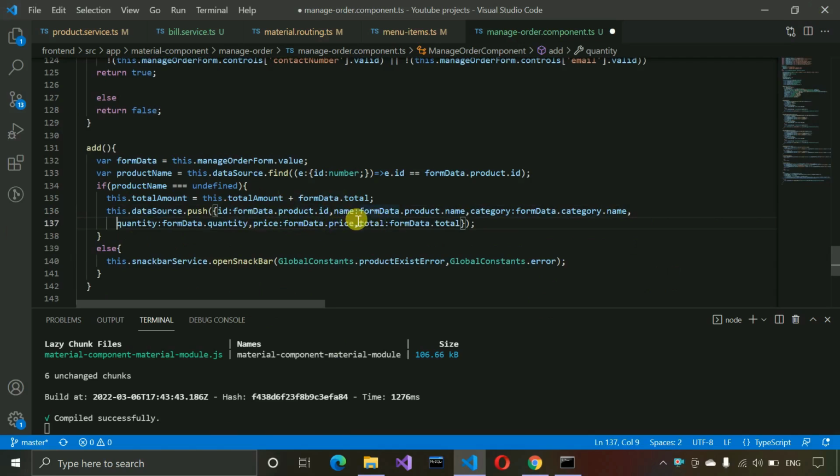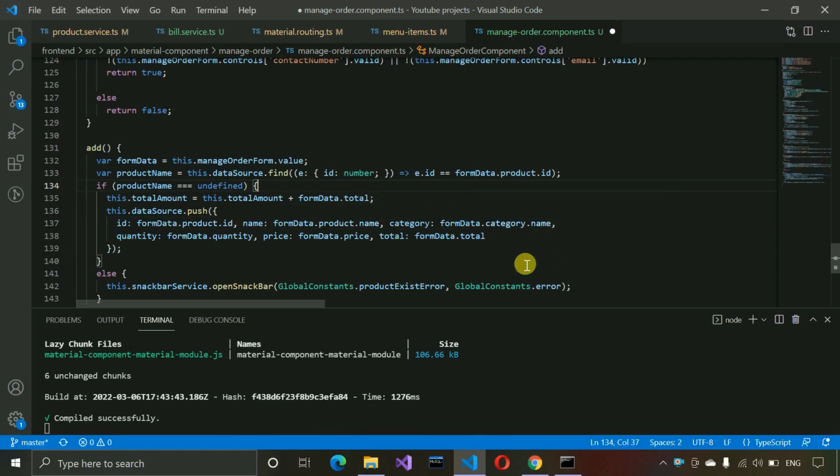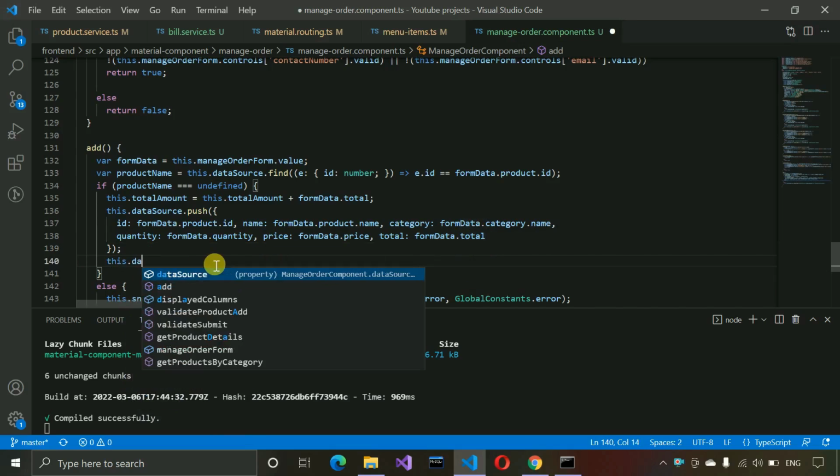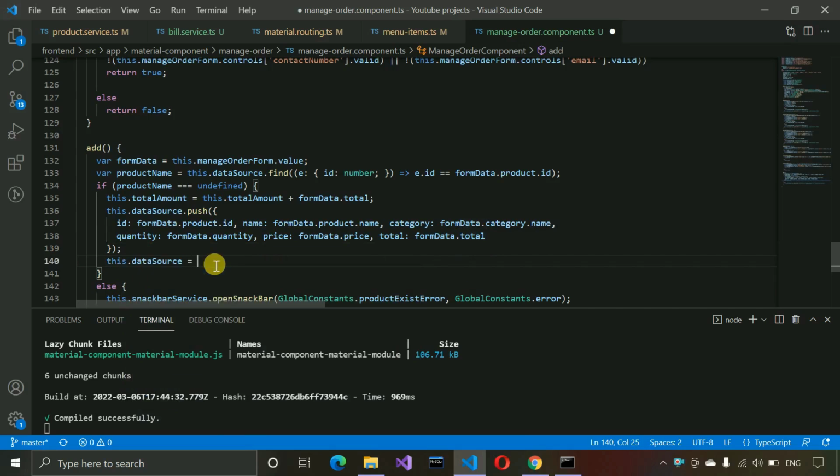and after that name from formData. Let me format this one, so format document. You can see, so this will be push, and after that category name, quantity from formData.quantity, price from here, and formData.price. Okay, so after that we have to write here this.dataSource equals to a bracket like this, and